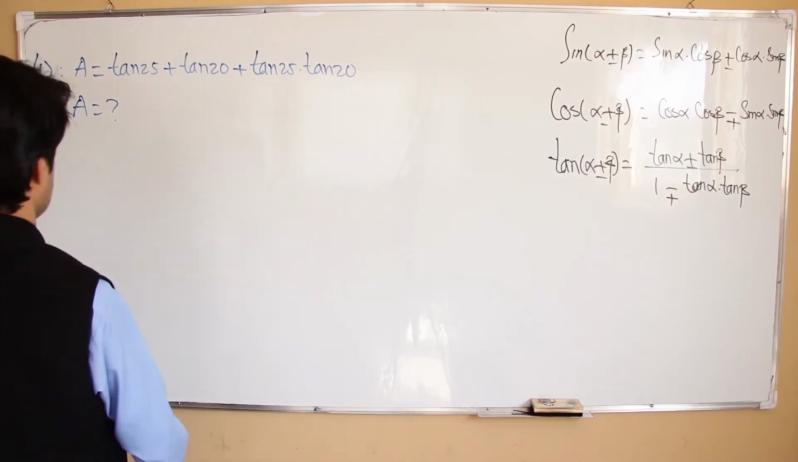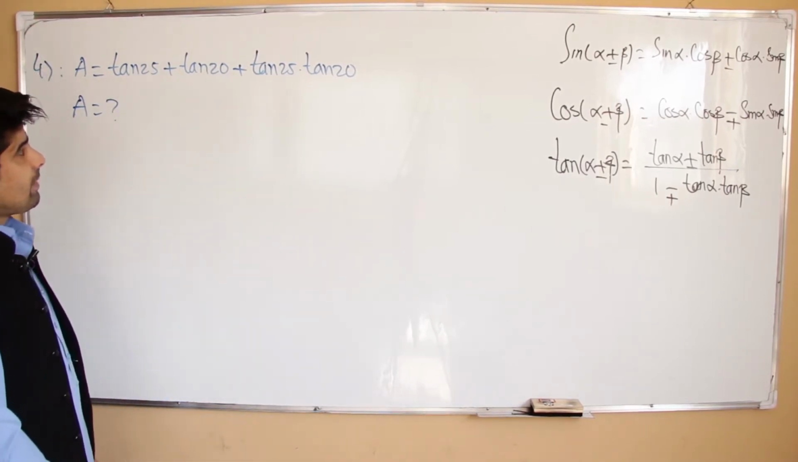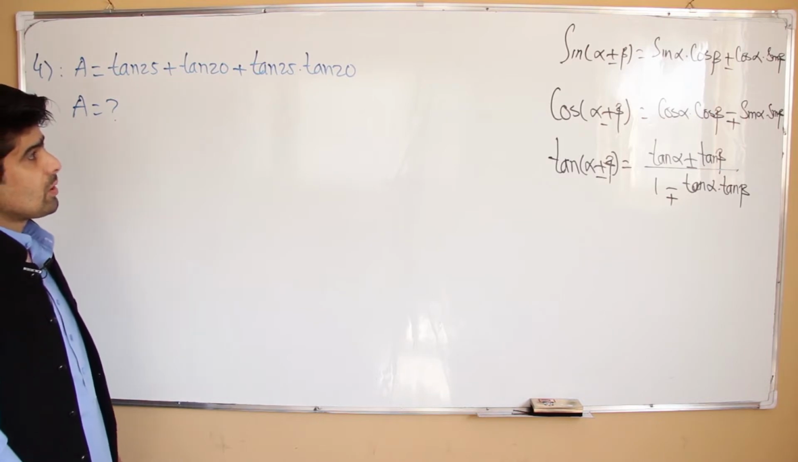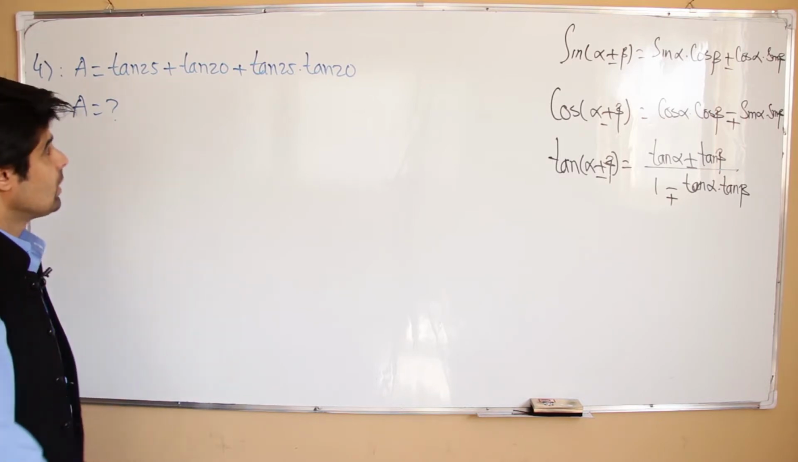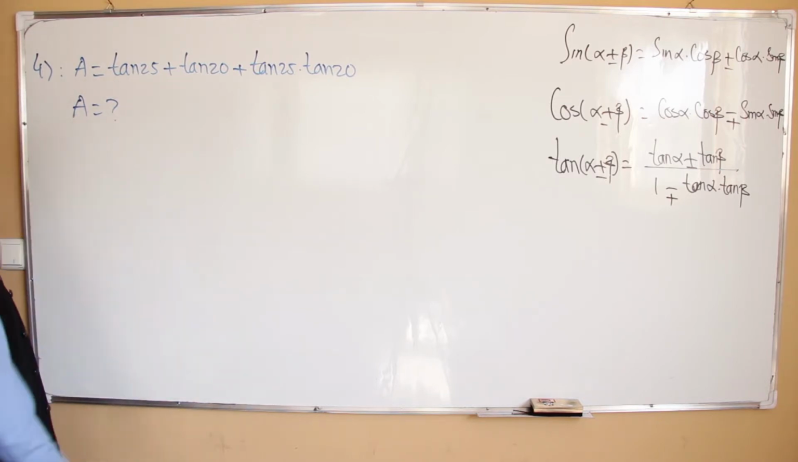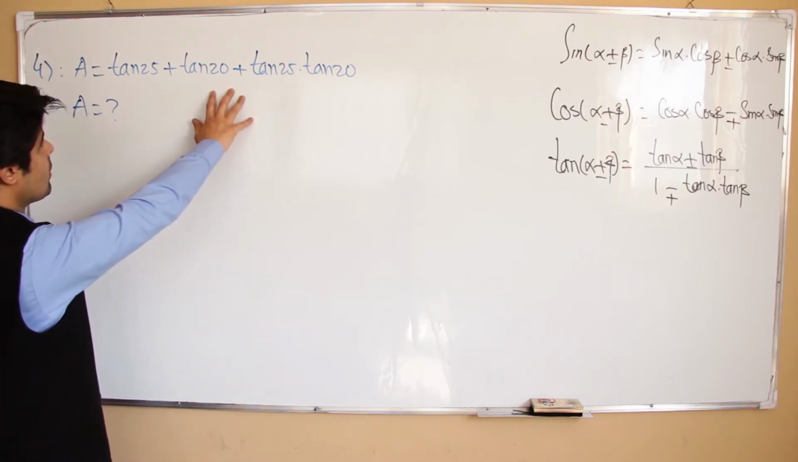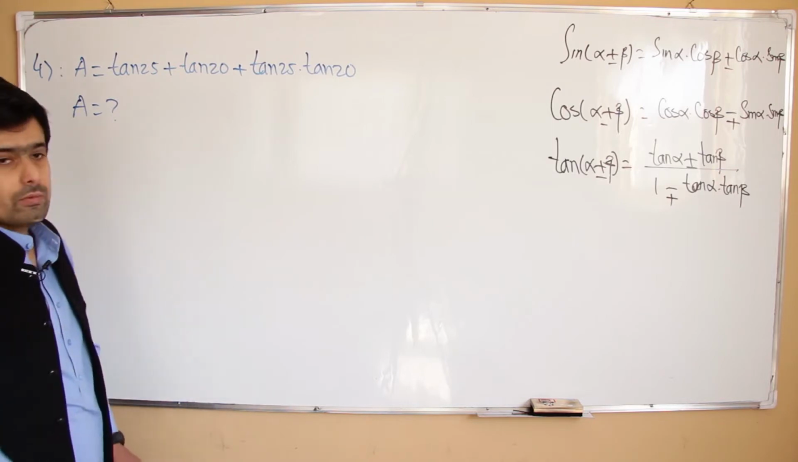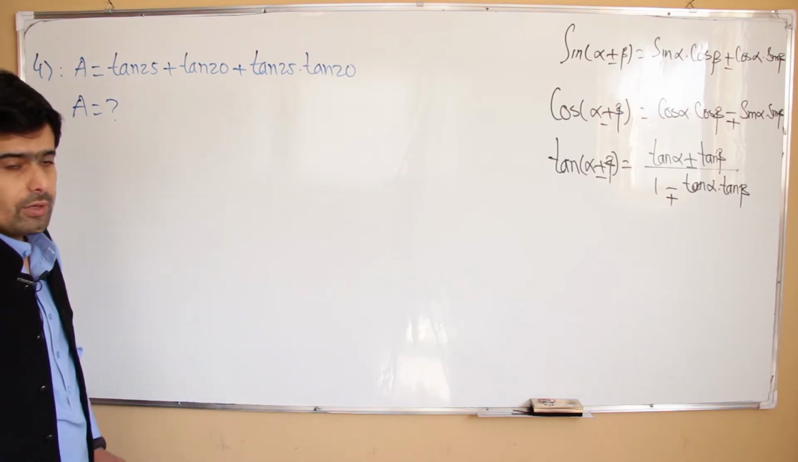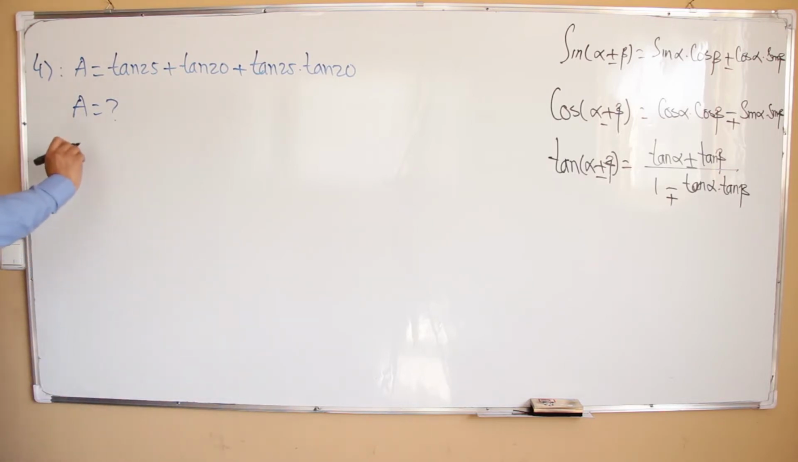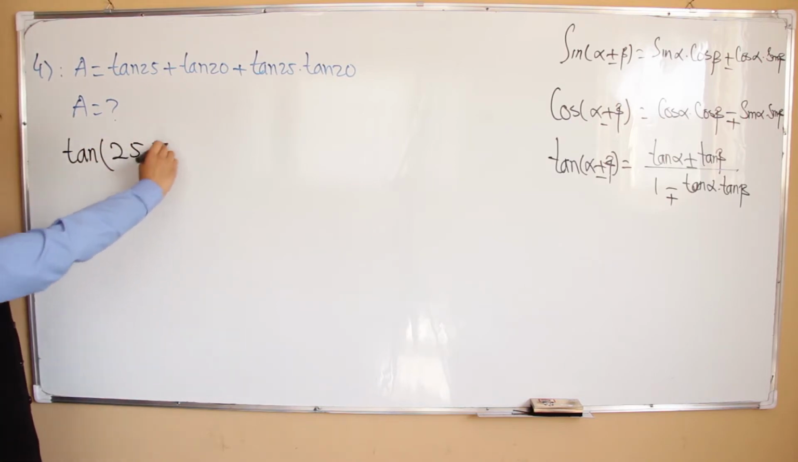Question number 4. A is equal to tangent 25 plus tangent 20 plus tangent 25 times tangent 20. Now what is this A? It means after simplification of all the values of these trigonometric ratios, what is the value of A? Very simple. If I want to define tangent 25 plus 20,